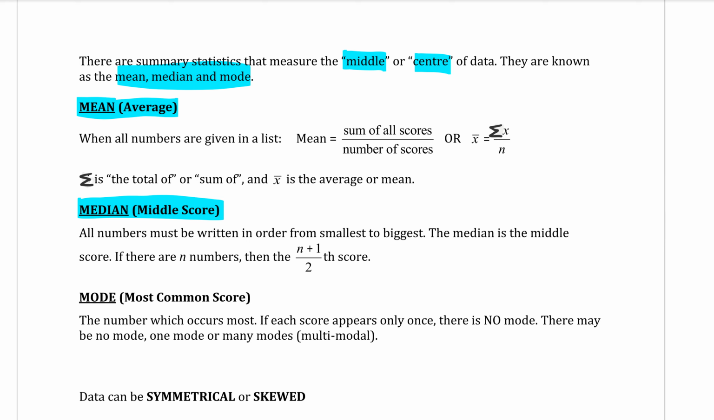If I have 12 scores, you add 1 to that, which is 13, and you divide it by 2, which is 6.5. If you get a decimal number like I just did, 6.5, it means that your middle number is between the 6th and the 7th score. And you can just count through, where's my 6th number, where's my 7th number, and it's going to be between